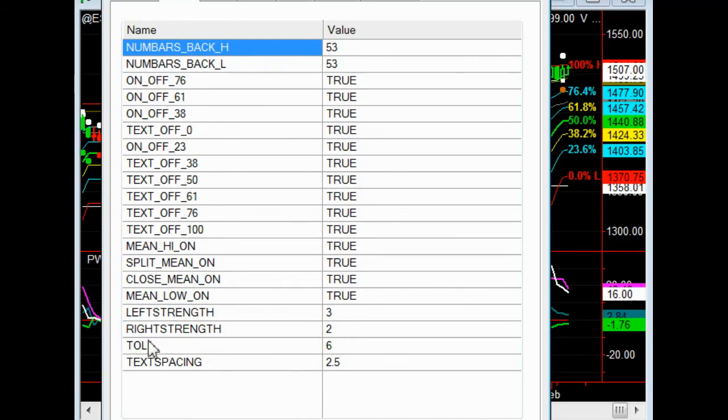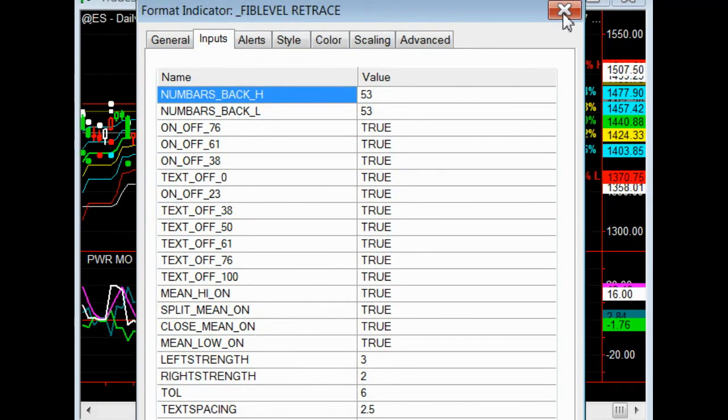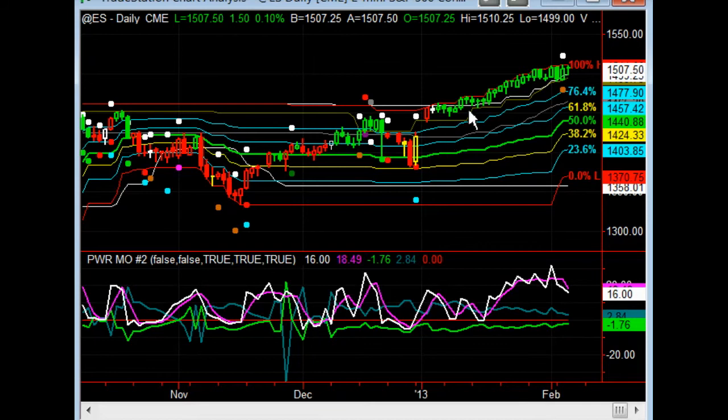You wouldn't want to touch anything with your strengths or whatever, and if you want to turn off the text, that's fine. You can leave these on or off. As far as the mean testing, what's going to be more effective is when we have the actual strategy that will correspond to it, because then we'll be able to say, okay, when we move down to 61